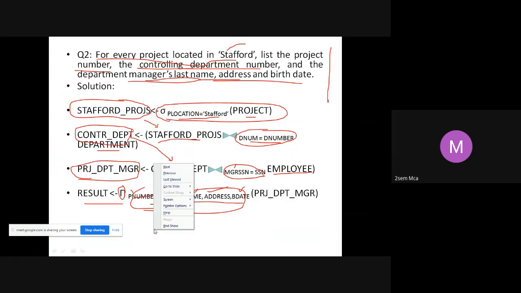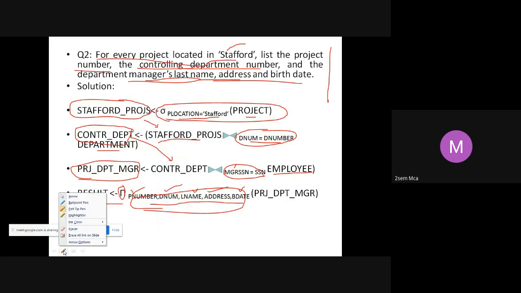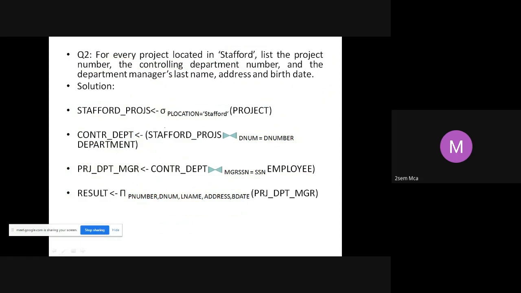So I'll summarize this again. What did I say? I'm giving you once again a clarification on this. What are we supposed to find out? For every project located in Stafford, you will have to break your query into smaller parts so that it becomes easy for you to write smaller queries, and then you can combine them and put it as a final query.